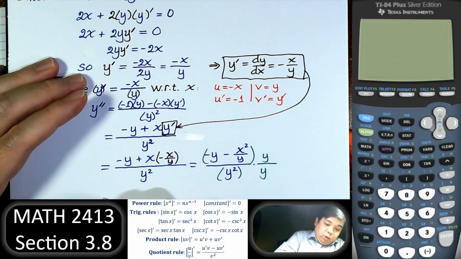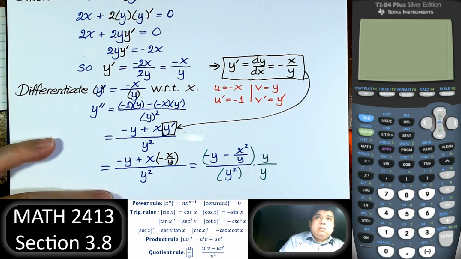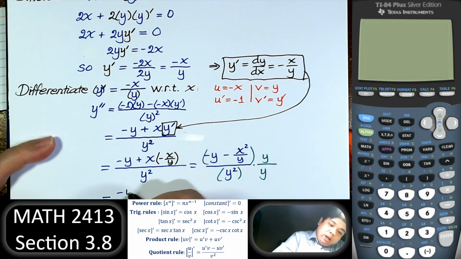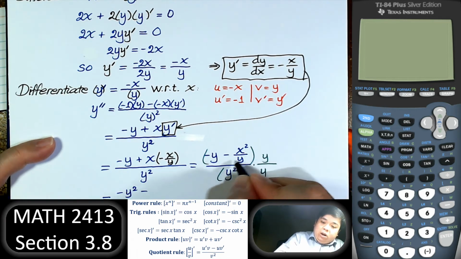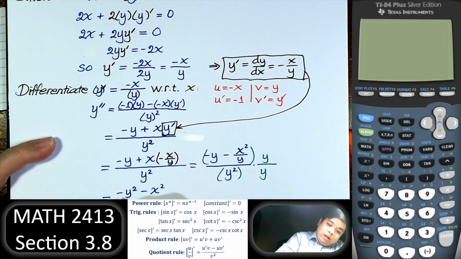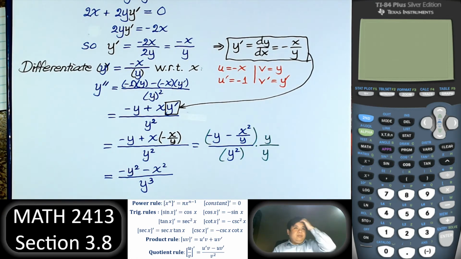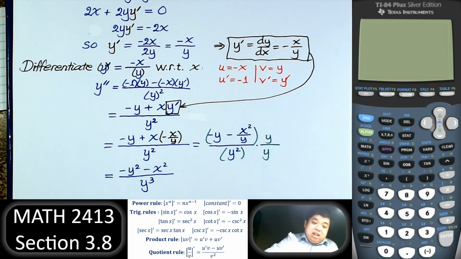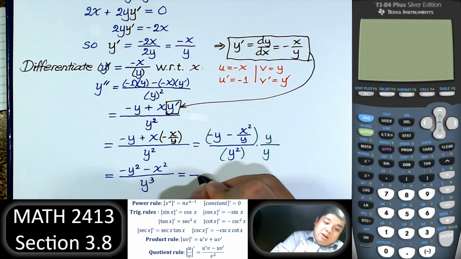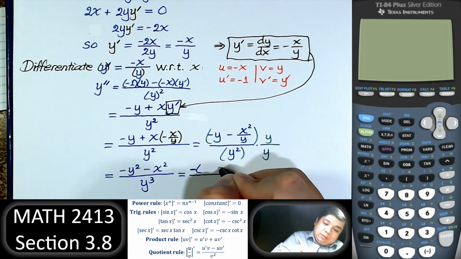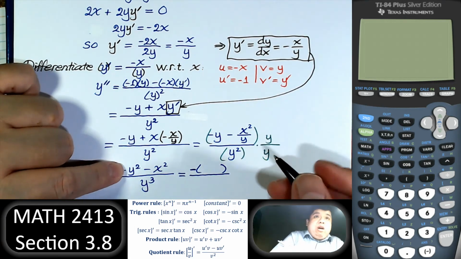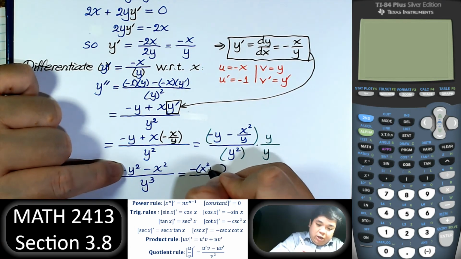So do that, we will have negative y squared, y and y cancel out, negative x squared over y cubed. So that is the answer, which is nice, but we can make it even better if we factor out the minus. Inside, if we pull out the minus, that's just x squared plus y squared